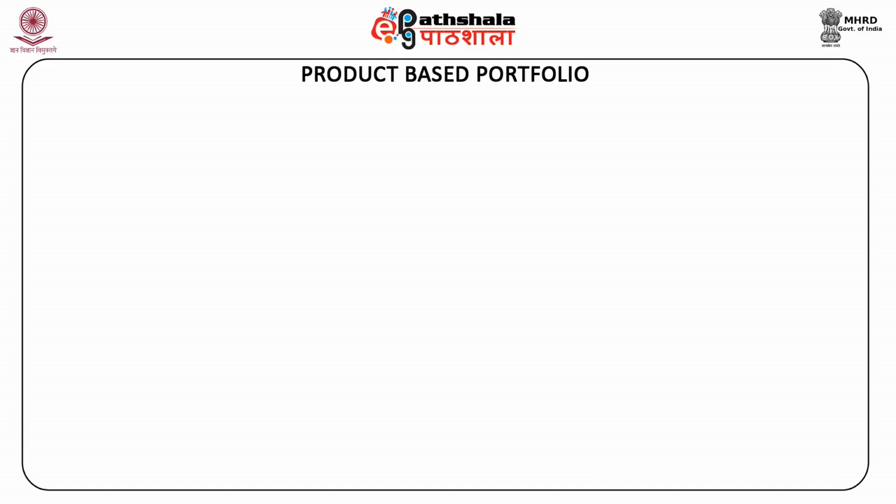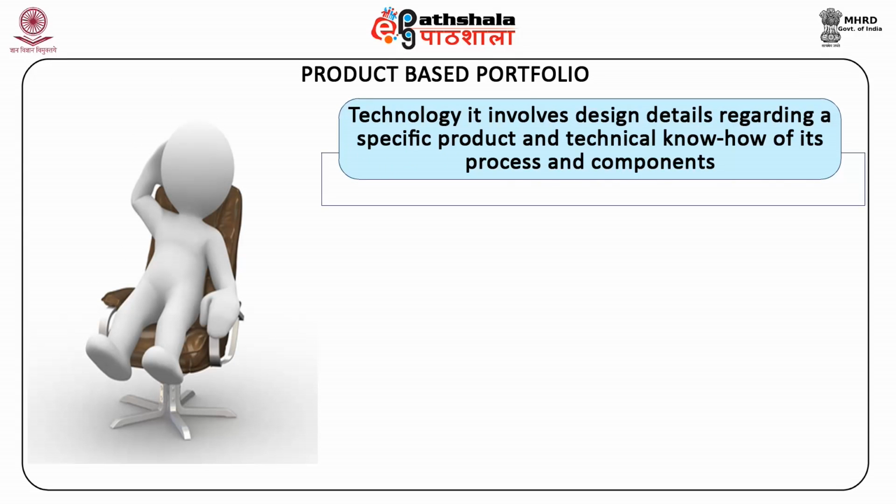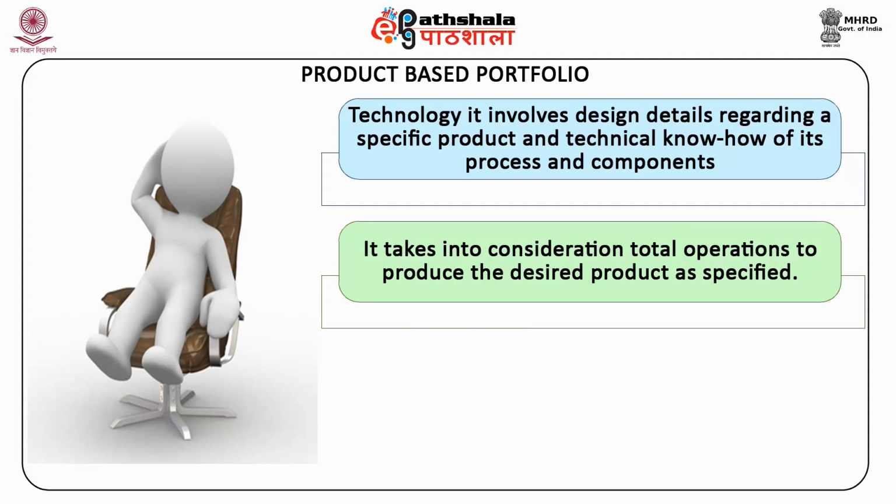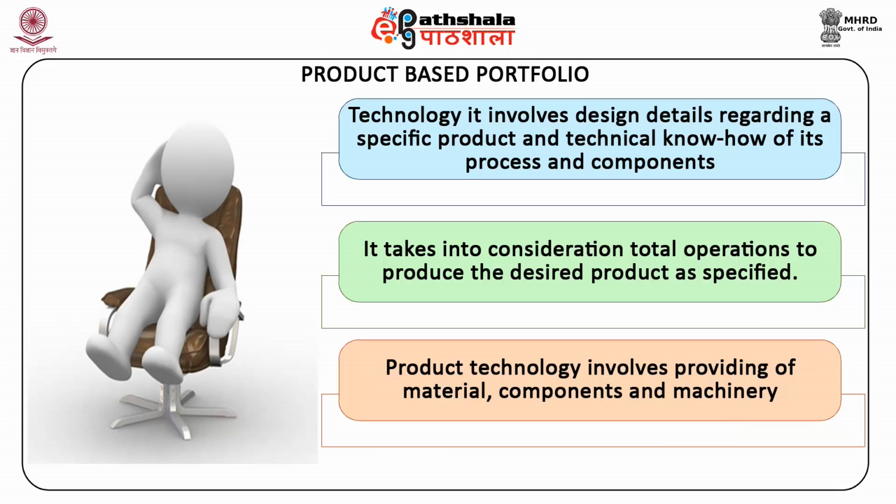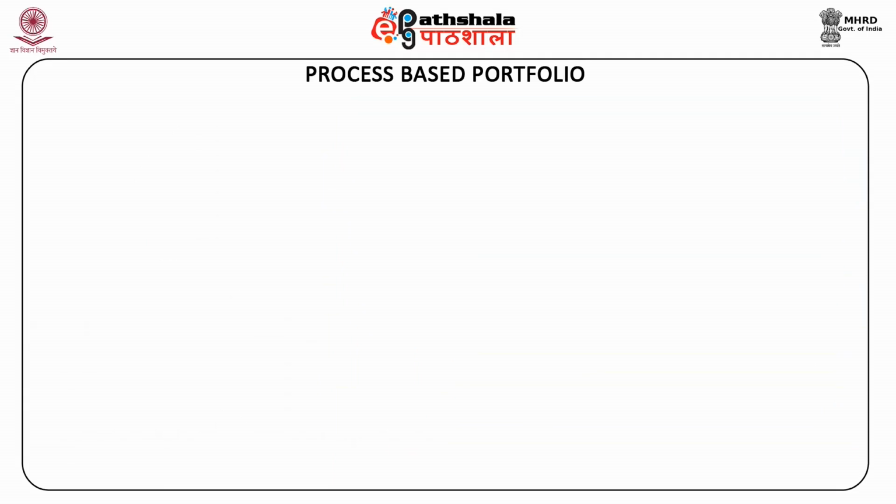In the case of product based technology, it involves design details regarding a specific product and technical know how of its process and components. It takes into consideration total operations to produce the desired product as specified. Generally, transfer of product technology is along with the transfer of process to manufacture such product. Product technology involves providing of material, components, and machinery related to produce the product. The second one is